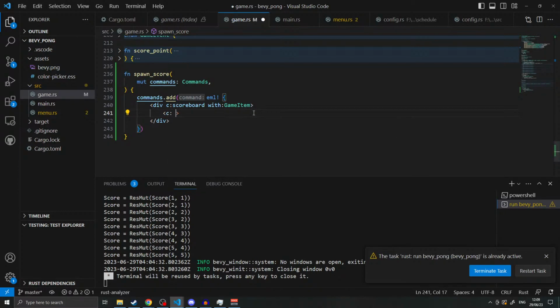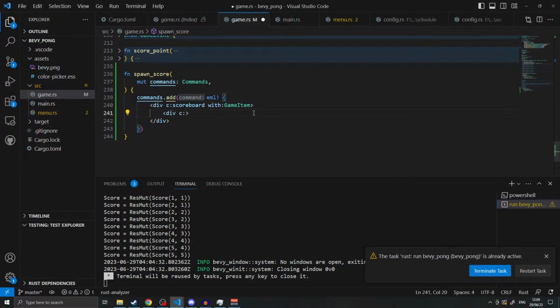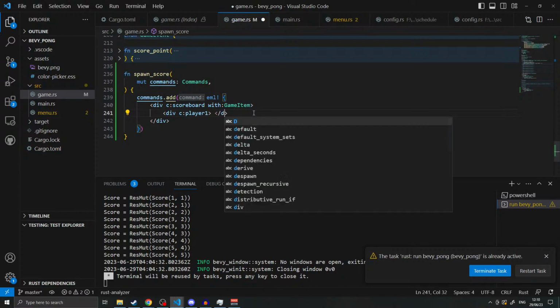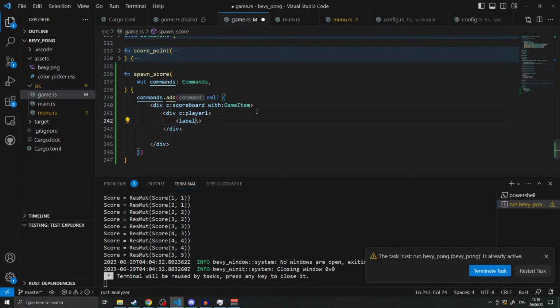So this is going to be a different div. This is going to be class P1. Gonna have a closing div, and then I guess inside of it is gonna have a label. Then we're gonna bind value equals from